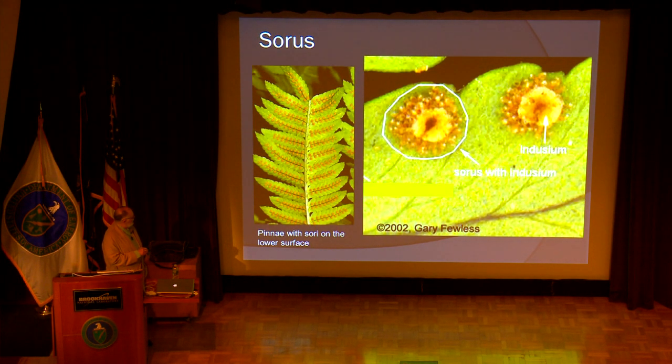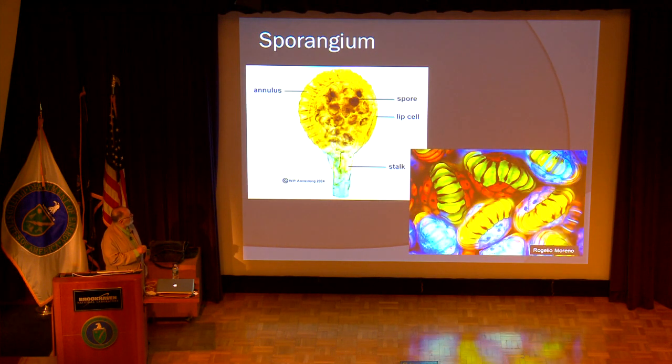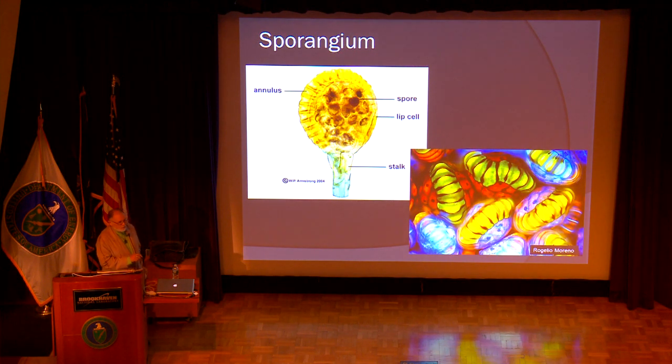Here's a pinnae with sori on the lower surface, and there are two sori each covered by an indusium, and it protects the sporangia until they're ready to disperse the spores. The sporangium has an annulus and a lip cell. The annulus dries out, splits the lip cells, and then flings the spores out like David throwing a rock at